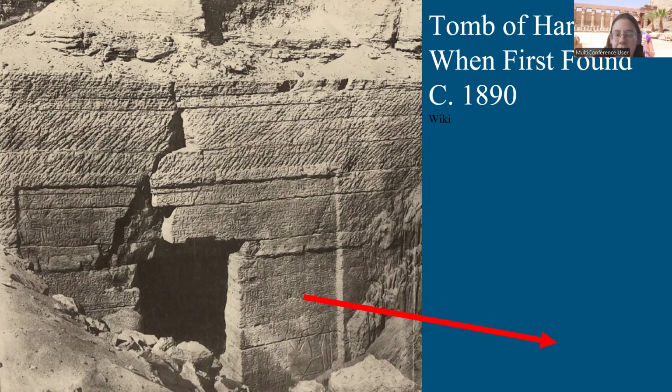And so it's similar here, where when this autobiography was found, this is the entrance to the tomb chapel. And to us, it just looks like a big gaping space where, okay, anybody could just walk in, that's not secure. But likely when this tomb chapel was in use and being visited, this space did have a door or some sort of barrier that could be opened and closed. So, just keep that in mind.